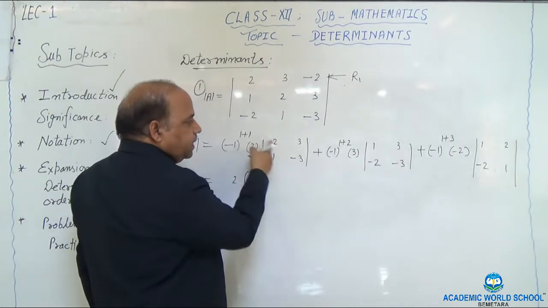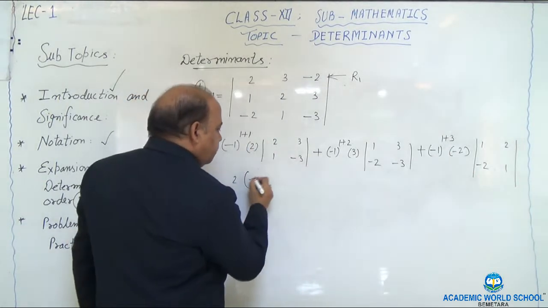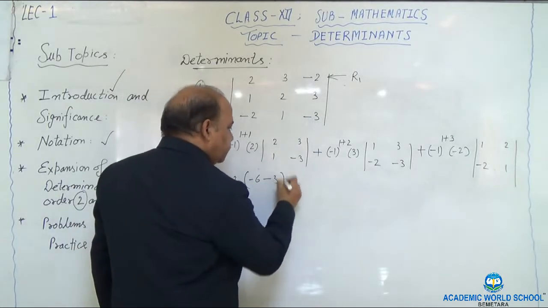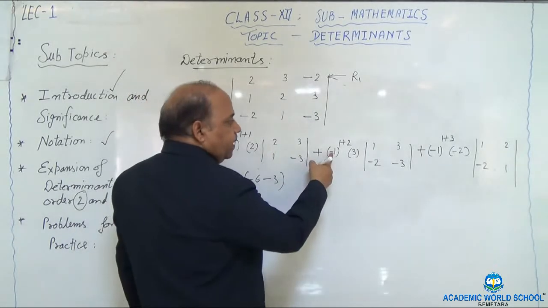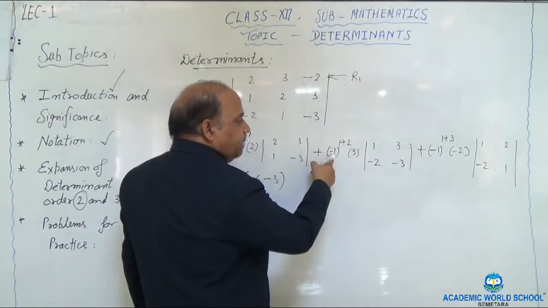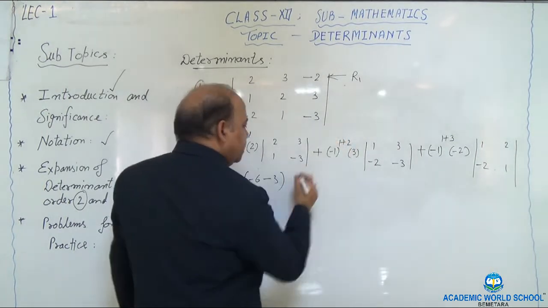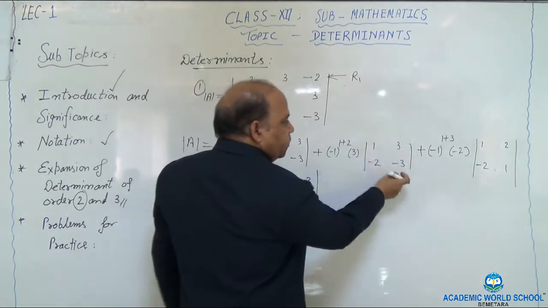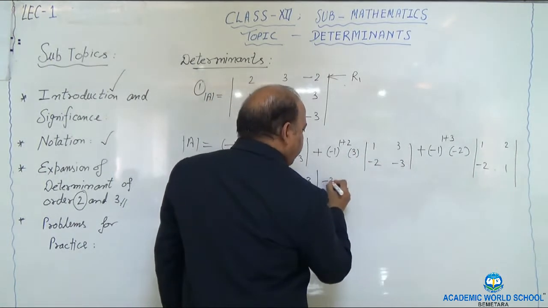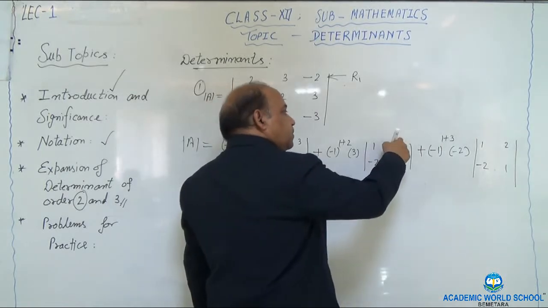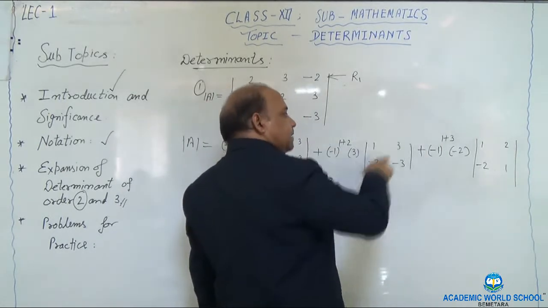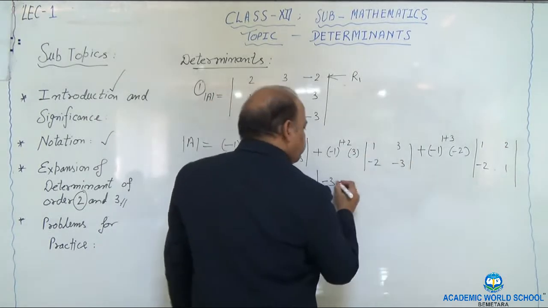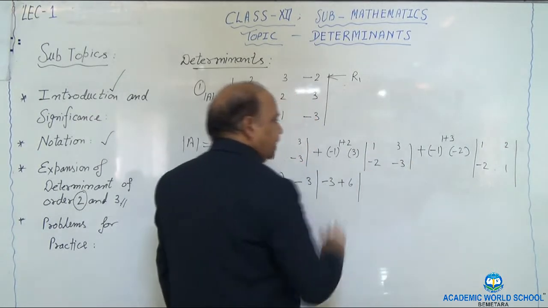2 into minus 3, it will give you minus 6. So minus 6, 1 into 3, with minus sign you have to write. Then now see over here, this is giving you minus sign. Why minus sign? Because this number is odd. So you will say minus 3 and then 1 into minus 3 is giving you minus 3. Minus 2 into 3 is minus 6 and another sign comes of minus from this side. So minus will become plus. So it becomes plus 6.